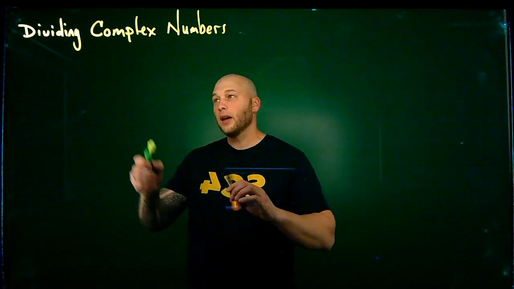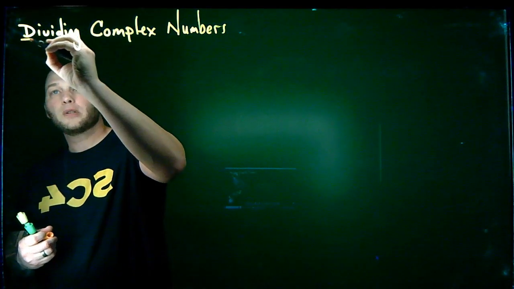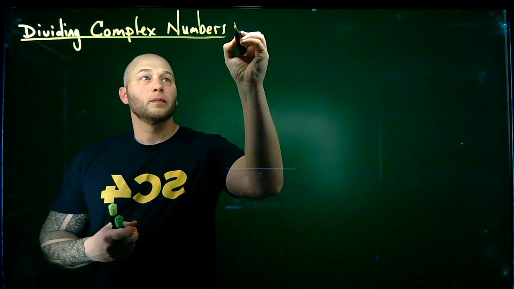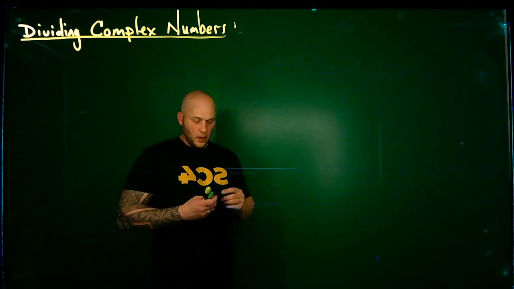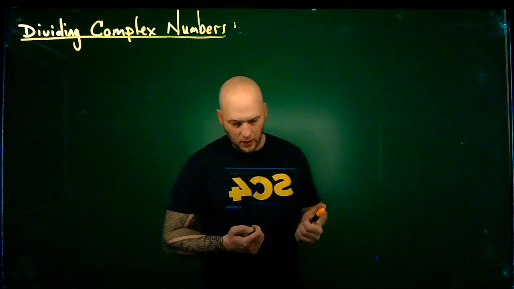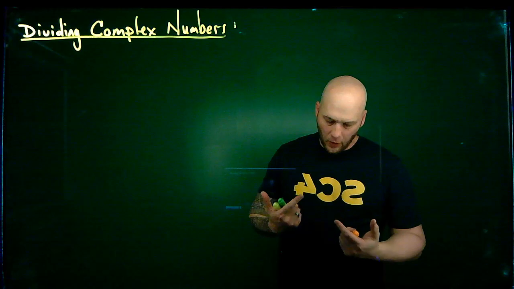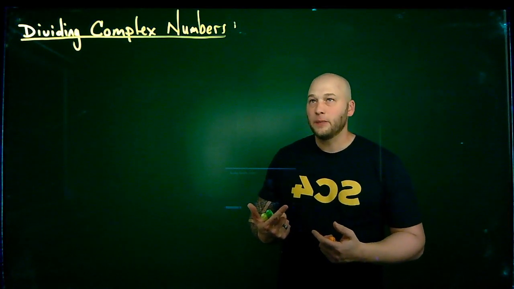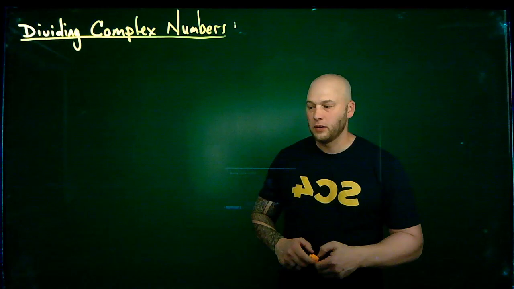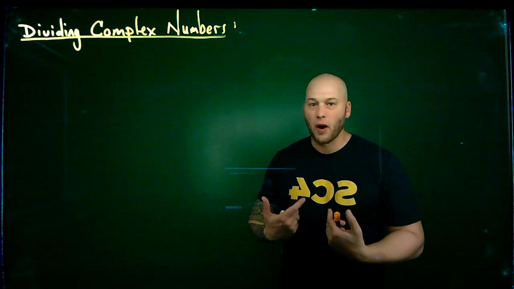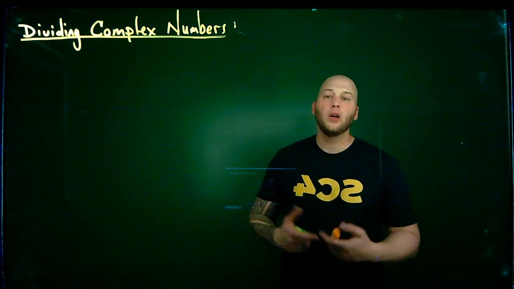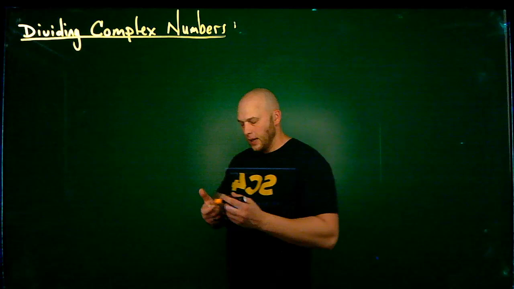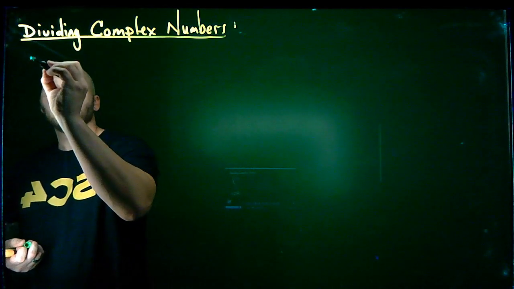I want to take a look at dividing complex numbers. First and foremost, I've always felt that dividing complex numbers is kind of misnamed because, I guess we are simplifying a division, but it's more like just rationalizing the denominator. But we call it dividing complex numbers. And the goal here